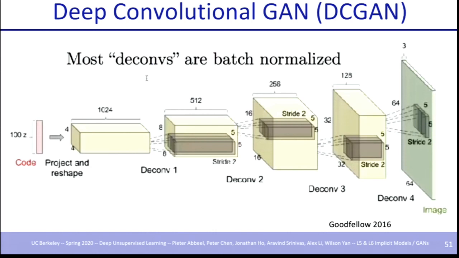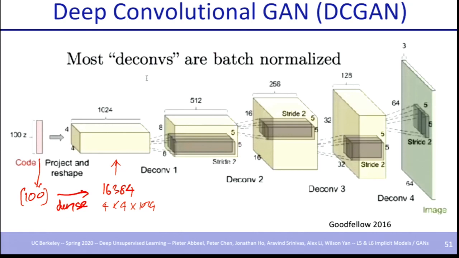So this is a 100-dimensional Gaussian that you sample. This is noise you sample, and you project it up with a dense layer, and you get, let's say, 16,384 units, and you just reshape it and make it spatial now, so that you reshape it to 4 by 4 by 1024. After that you don't need to use any dense layer. It's just going to be a bunch of deconvolutional layers.